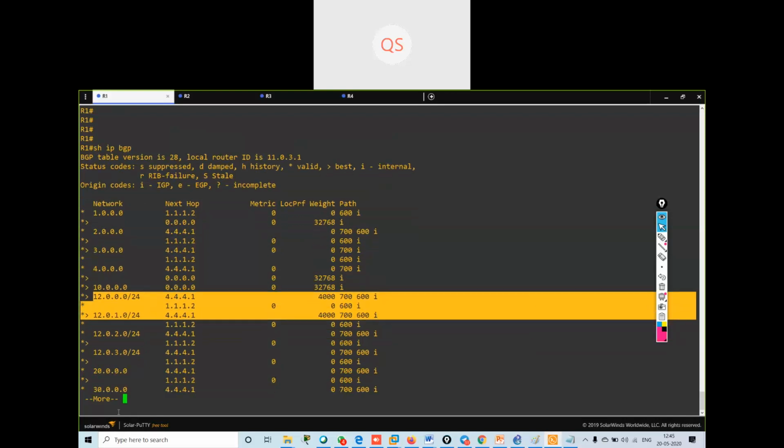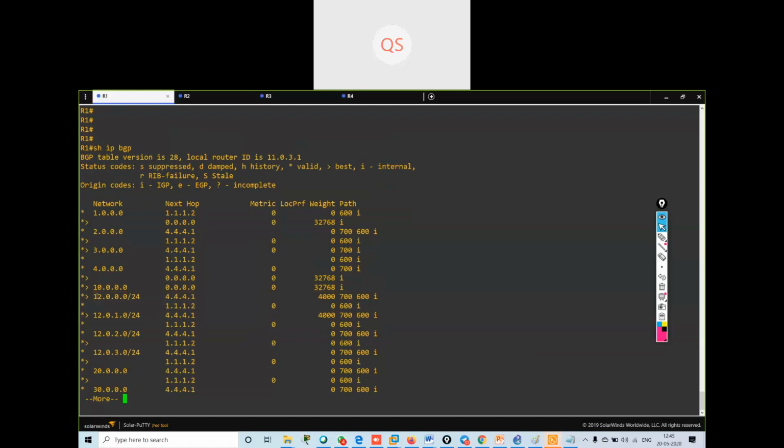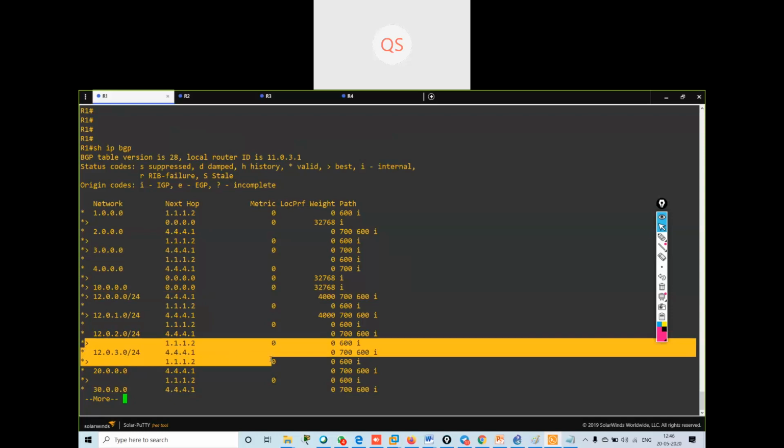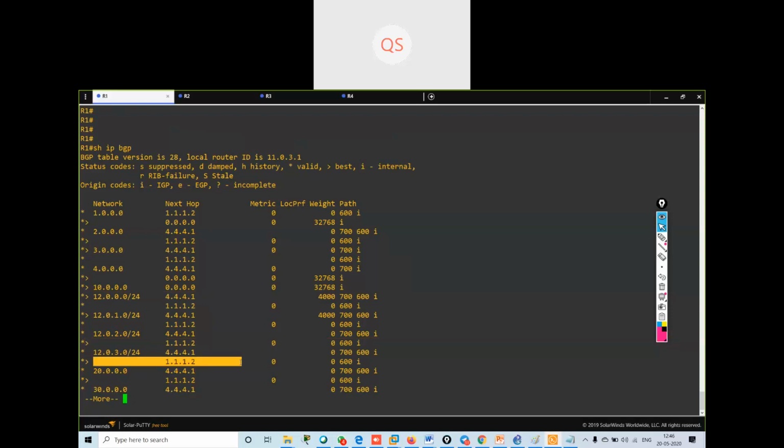I think I've configured it oppositely. I've configured 12.0.0.0 to use 4.4.4.1, and these two routes are using the default route. So you can see the weight values over here. You can do these things via the route maps also.